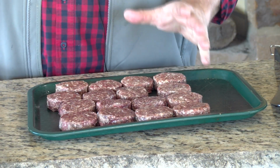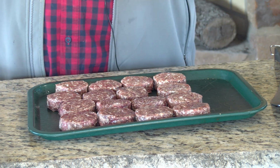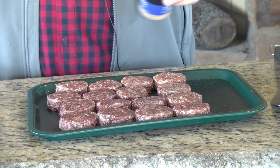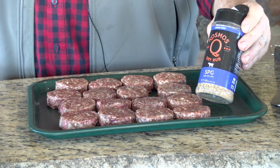As you can see, we got 16 and I've got a dozen buns. So we're either gonna do some double patties or maybe I'll just munch on 4 of them for my Scooby snacks while we're making these others. But where I'm gonna start out with, guys, is just some SPG from